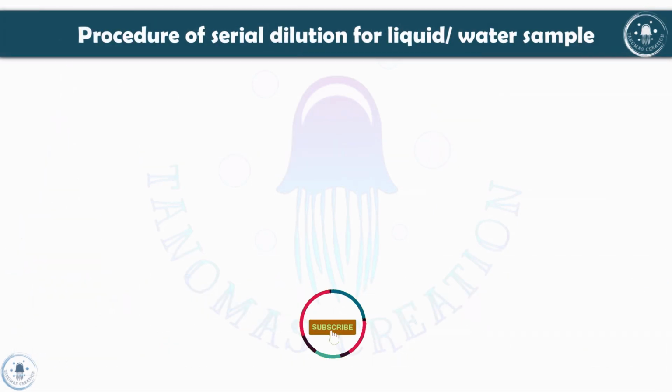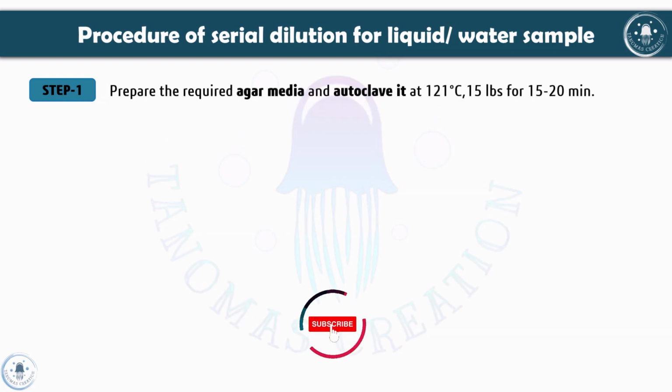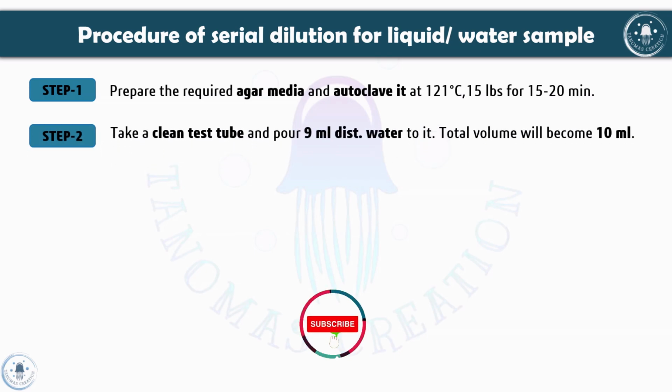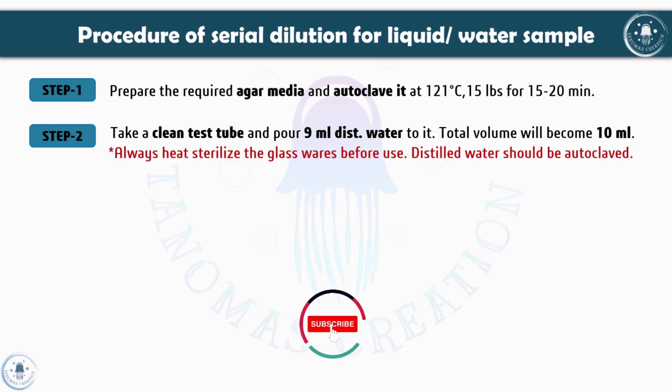Now, what if we take a liquid sample? Okay, so the procedure for serial diluting a liquid sample is you take the required agar media, prepare it and autoclave it. Then you take a clean test tube and pour 9 ml distilled water into it. Always heat sterilize the glassware before use, and distilled water should be autoclaved as we studied in the serial dilution